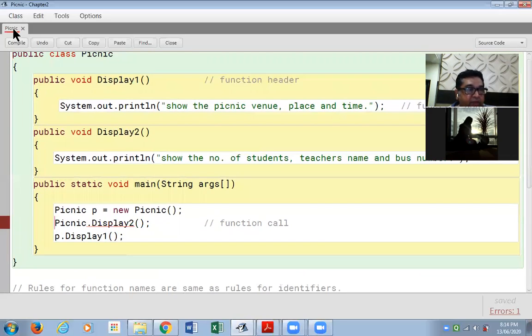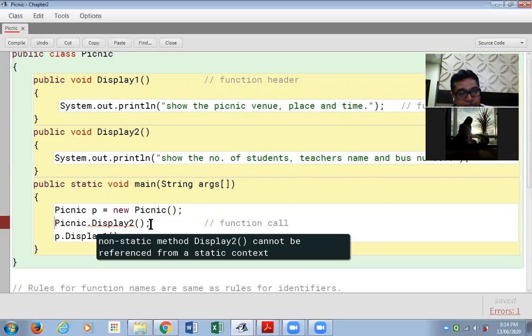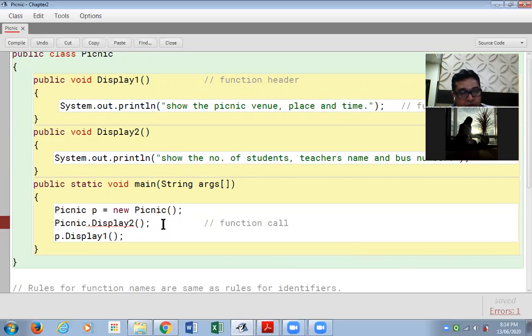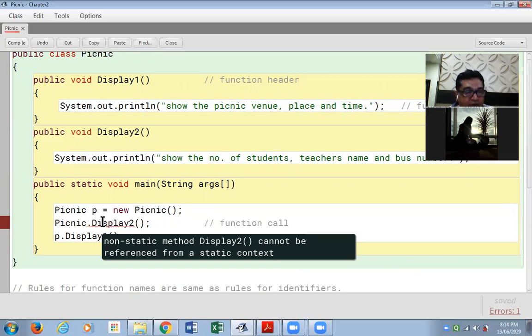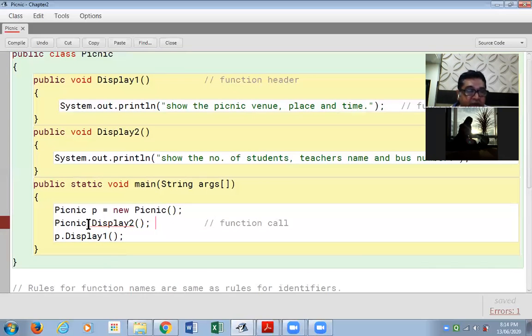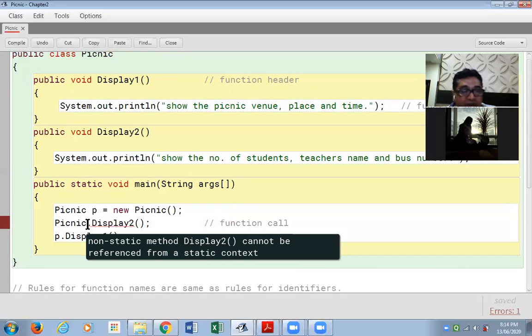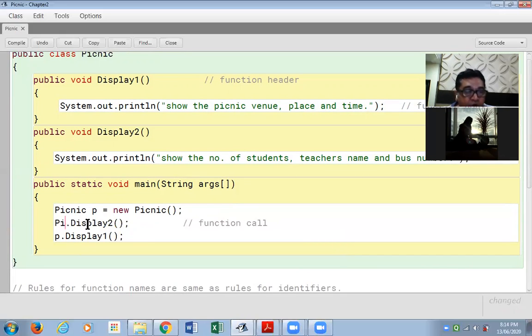I'm getting an error. Please see below my class name over here on the tab. I'm getting a red line, and a red line over here also where I made this change. Now, if you go to that line where you are getting the red mark, you get the error message. But this error message is not very friendly for you as of now. It's a bit technical. So I would only say as of now, the reason we are getting the error is because we don't have to write the class name to call the function. We have to use the object name.